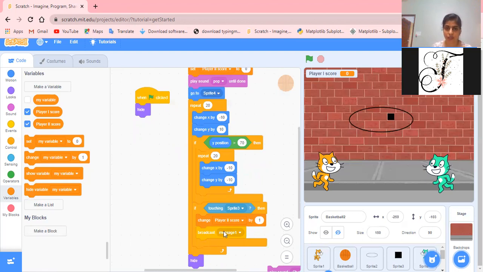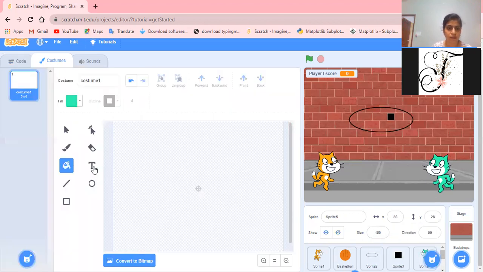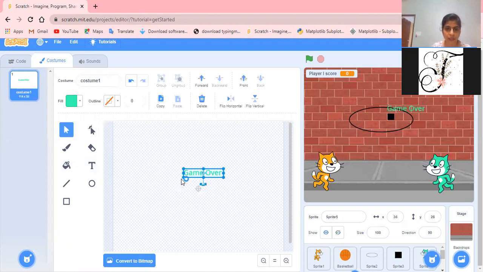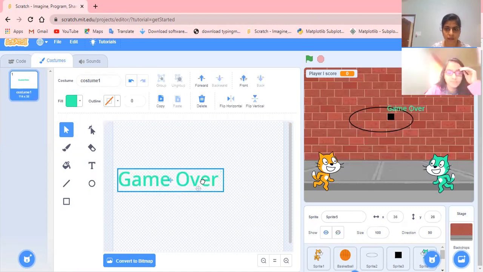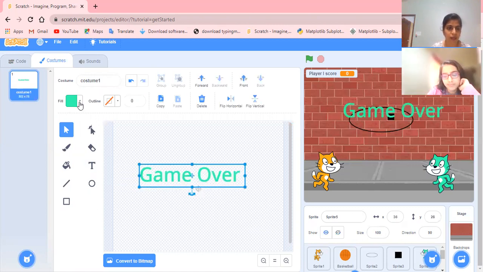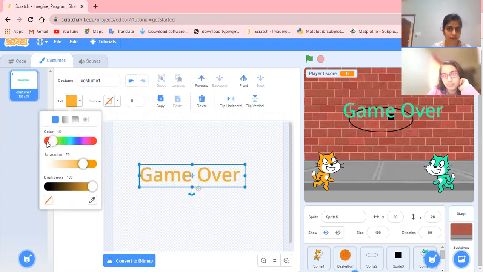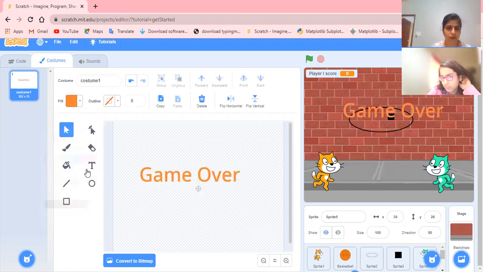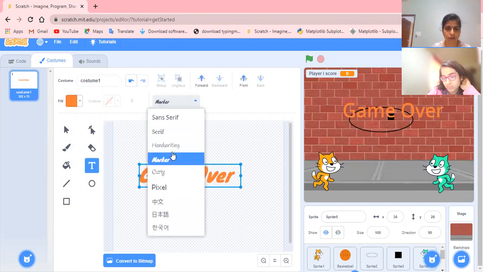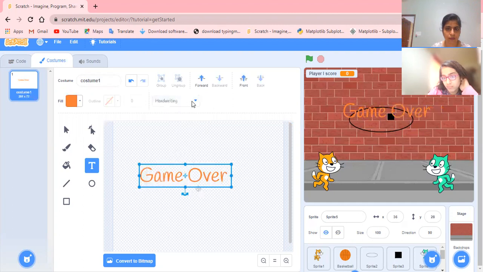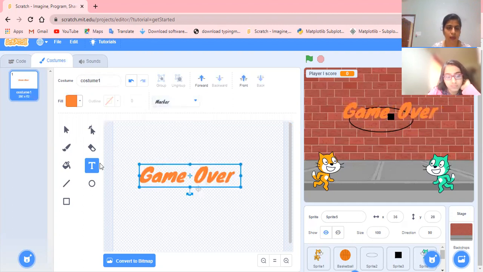Here one more condition we are supposed to create, right? So I'm creating one sprite, game over. I will make this a little bit bigger in size. Okay, and I will give the color as per the sprite color. Right. Now, okay, and one more content I'm going to add here.